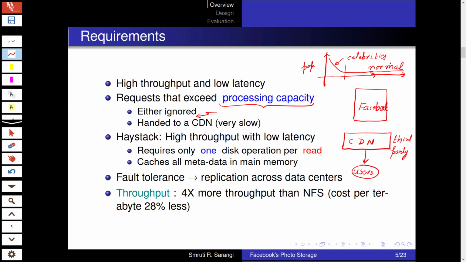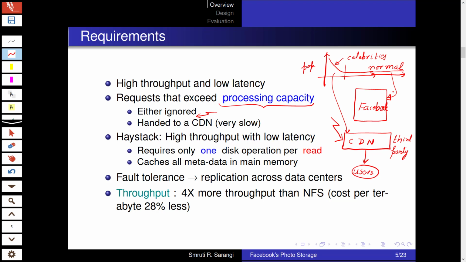So their photographs will not be extremely popular. As a result, the caching strategy of the CDN will not really help. So it will essentially help for the celebrity part, but for the regular normal users, we need to use the default Facebook system. Alright.